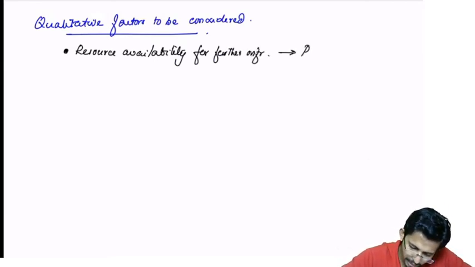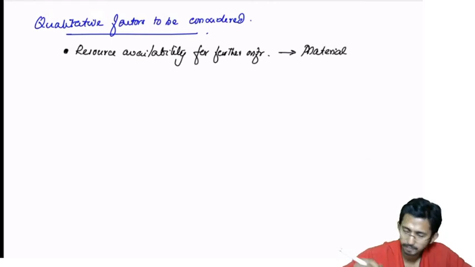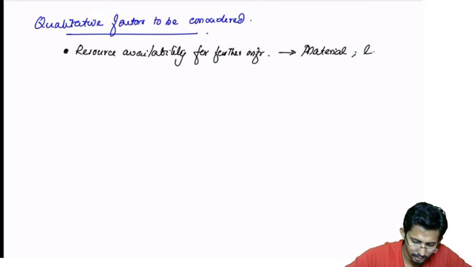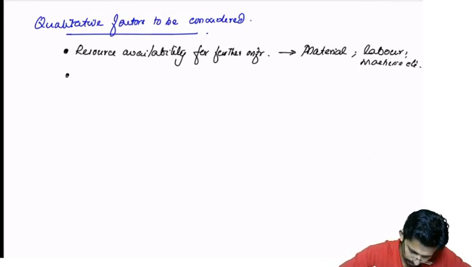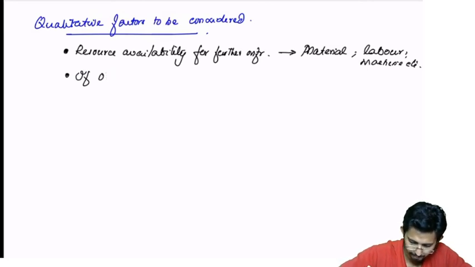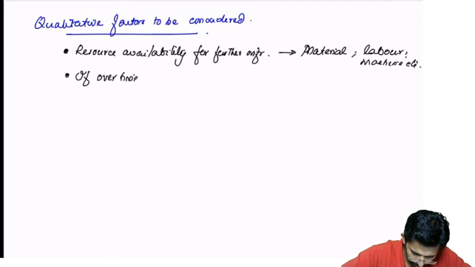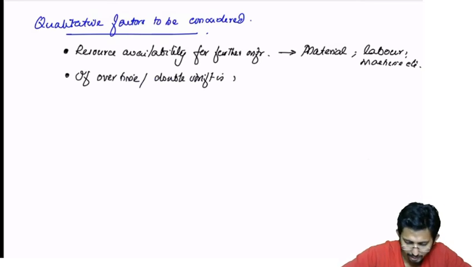This resource could be material, or it could be labor or machine, etc. Then if overtime or double shift is required,